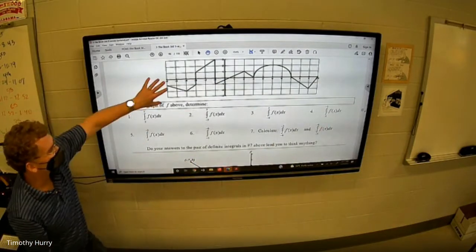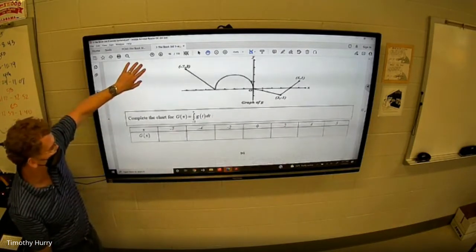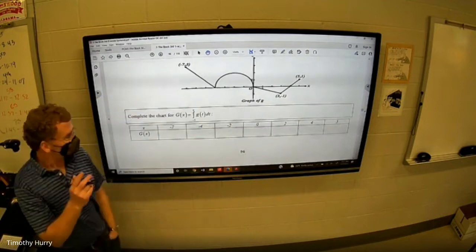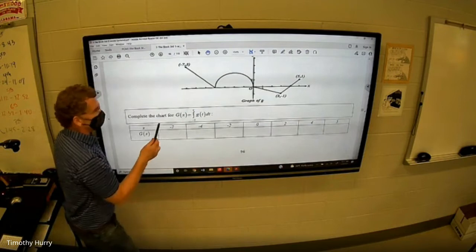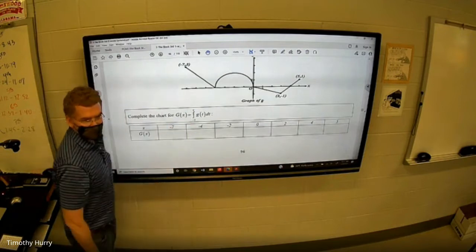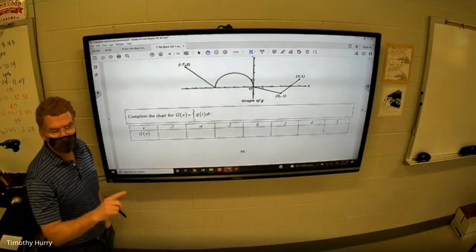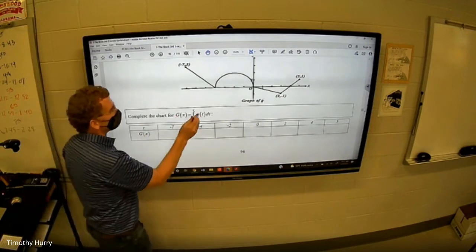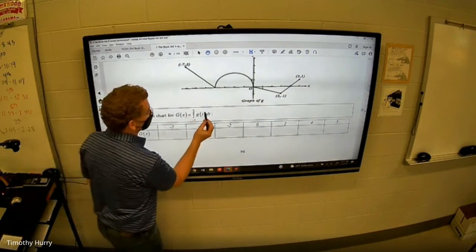And then sometimes you'll see a thing like this. A lot of times you see stuff like this. Now, I want you to understand this function. This is saying that big G of x is equal to that. Okay? Now, we're going to talk a little bit more about the fundamental theorem of calculus later. But if I were to see this normally,